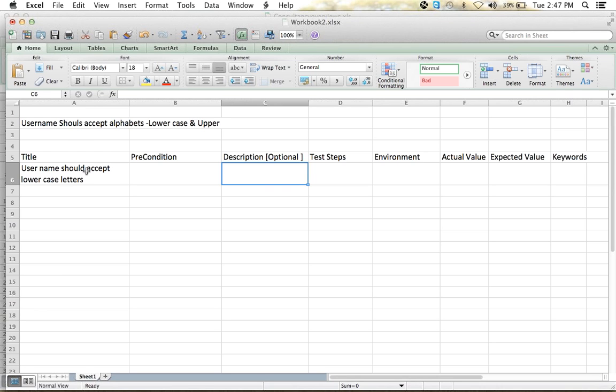And what is the title? Coming to the title, it should be small and precise. We should not give the entire test, including the test steps, in a title. Here we are not mentioning any steps, but by seeing the title itself, we are able to understand that we are verifying whether the username accepts lowercase letters or not. So this simple and small sentence makes us understand what we are going to do in this particular test case. So it should be small and precise, and you should also maintain simple English words. We will have people from different countries working in the same company, right? So people may or may not know the hi-fi words which you are using.